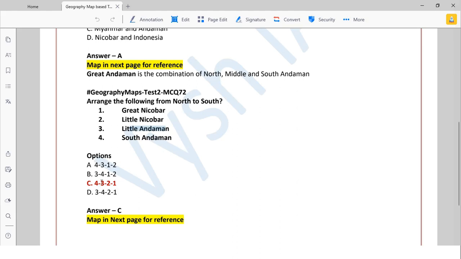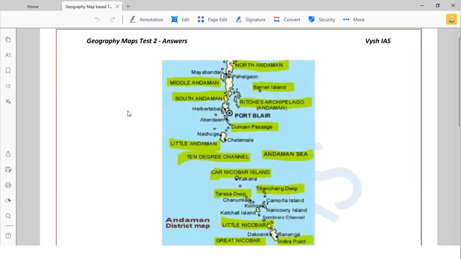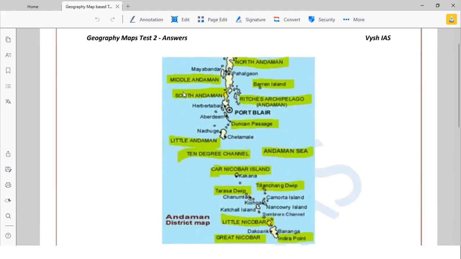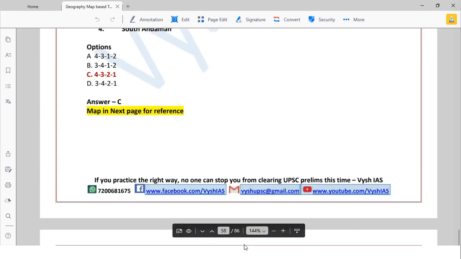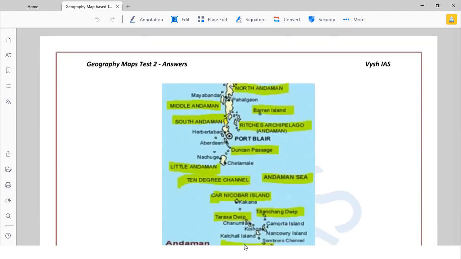After that, 2-1. That is first Little Nicobar and then Great Nicobar. That is how the namings have been given. See, South Andaman is here, then Little Andaman, then Car Nicobar, then Little Nicobar, and last is Great Nicobar. So this is the complete thing about Andaman and Nicobar Islands. 3 questions you studied in